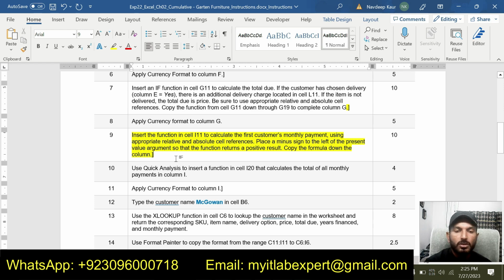Copy the formula down the column. So basically in this step we are supposed to calculate the monthly payment, and we can calculate it by using the PMT function, and we will make sure that the monthly payment is a positive value. For this we will use a negative sign before the present value.